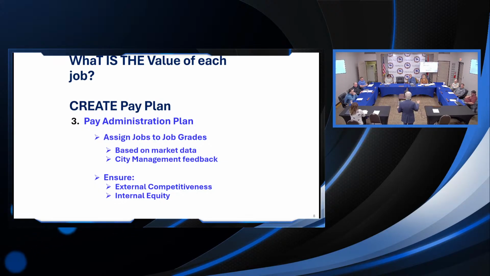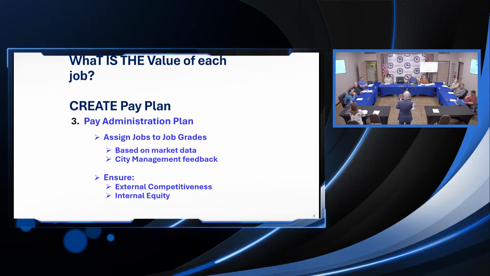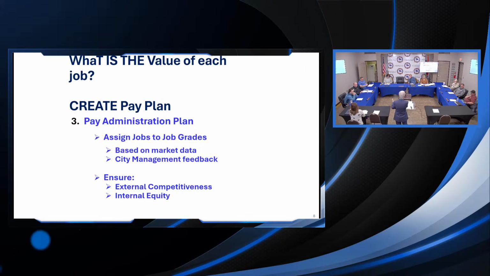So again, we're trying to ensure that we're externally competitive. And again, with this internal equity, like I said, we do meet with department heads and the city manager and finance and HR, try to make sure we get the jobs in the right pay grades so that it makes sense. If people are doing the same work in one department, that job should be valued the same as if they're doing the same work in another department. Those two jobs should be valued the same. And sometimes, with quirks in the data, it's close, but they fall in different grades. And we'll say, no, that doesn't make sense. So with your help, we'll say, we need to put those two jobs in the same pay grade. Any questions on that?